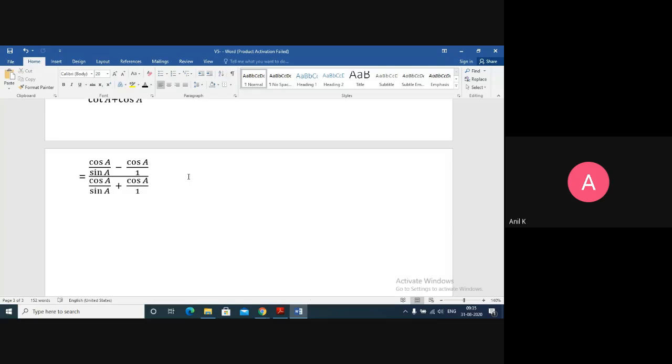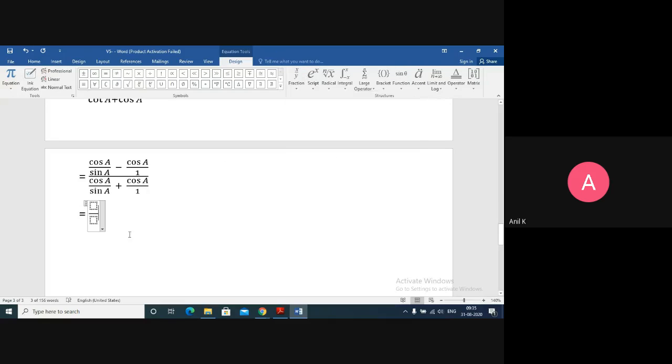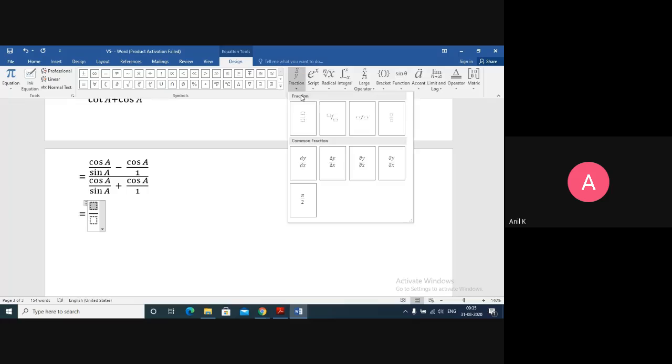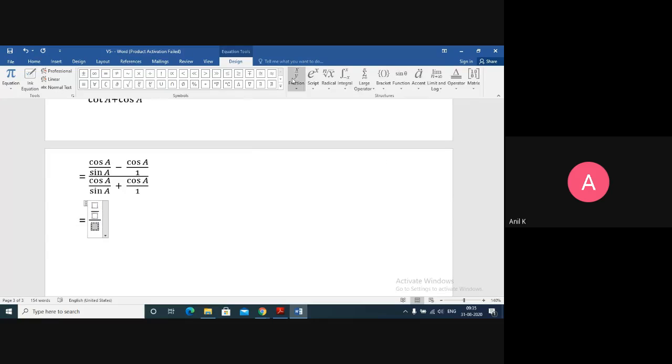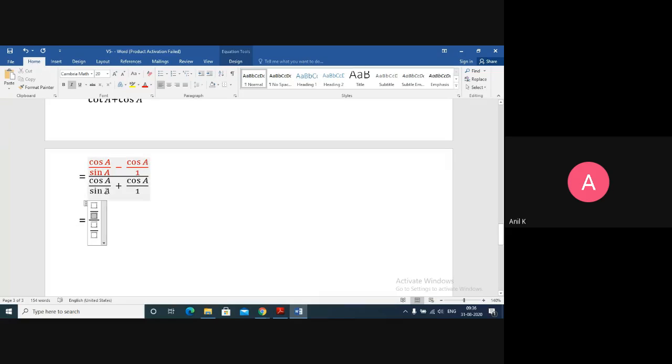We can put upon 1, right? There is no problem by keeping upon 1. So what we do here now is we are going for LCM in the numerator as well as in the denominator. So if I take LCM in the numerator, I'm talking about only the one which is colored with red, that we call numerator, and the one in black that we call the denominator.